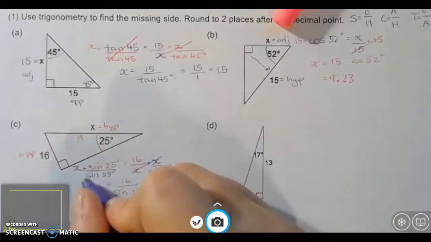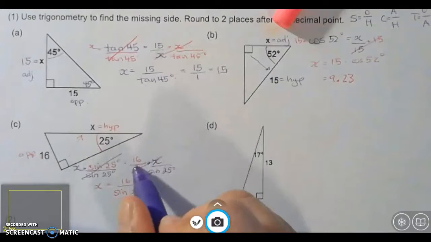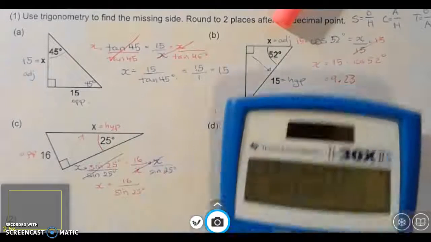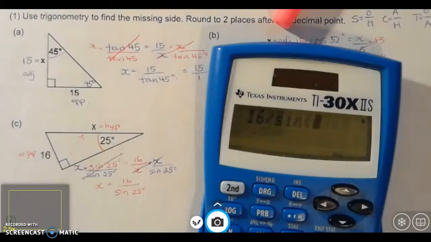Then on the left hand side you're left with x and on the right hand side you have 16 divided by sine of 25, and that's what I have here. Then you use the calculator: 16 divided by sine of 25, and you're left with